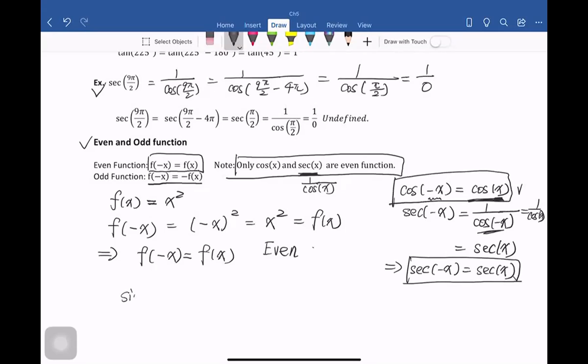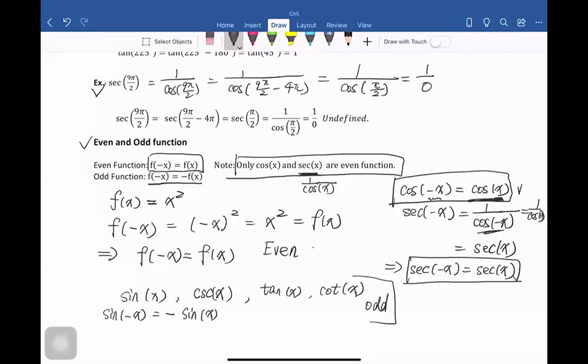And sine x, cosecant x, tangent x, and cotangent x are odd. For odd functions, that means sine of negative x equals negative sine x. Cosecant of negative x equals negative